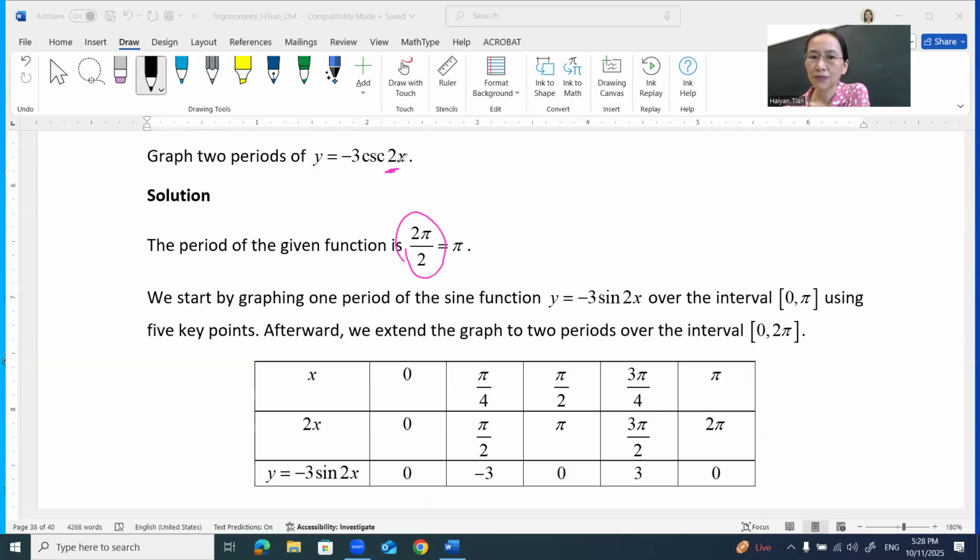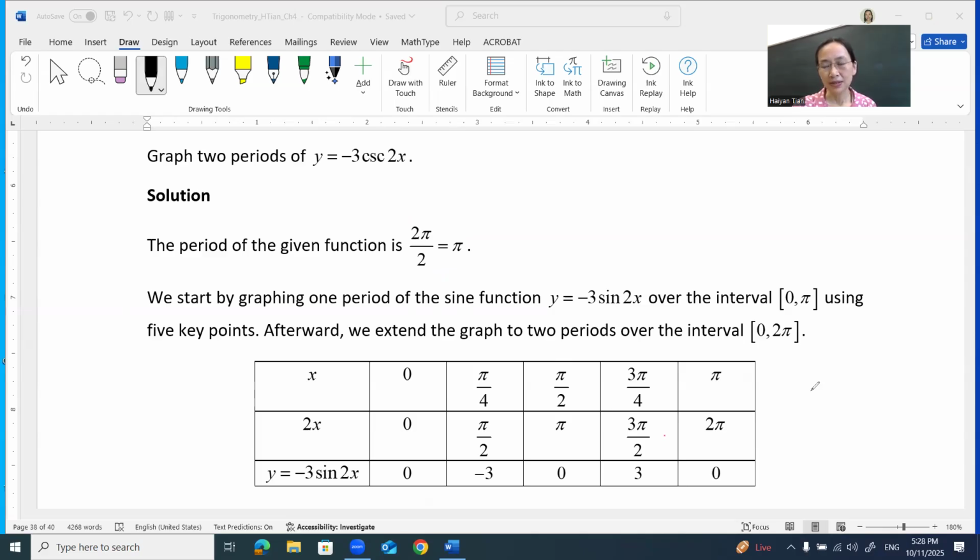Using the formula, because the cosecant function has the basic function, if this is a one variable cosecant t, that has a period of 2 pi, and we know this given function will have a period pi, because 2 pi over 2 gets pi. And then we want to sketch